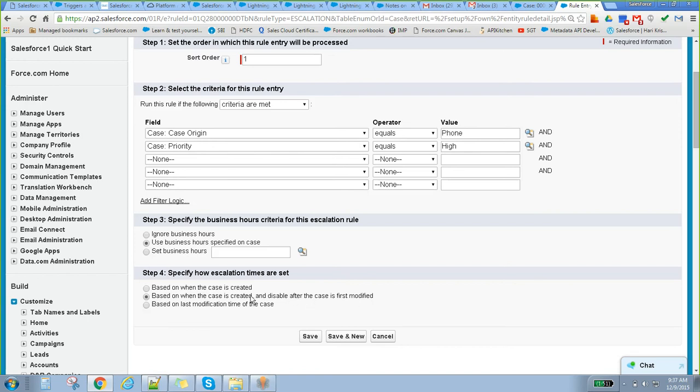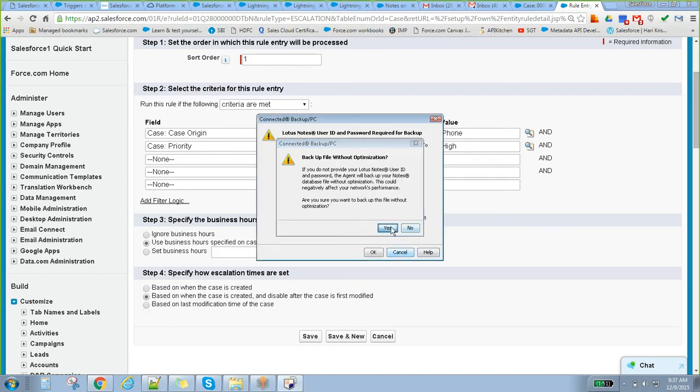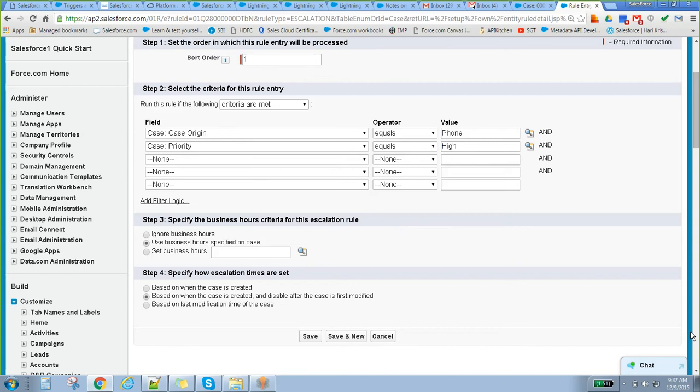If somebody modifies it, it is going to inactivate that particular escalation. It won't fire the escalation, it will just ignore that. So for the time being, we will select the first option. You clear, right? It's very important.